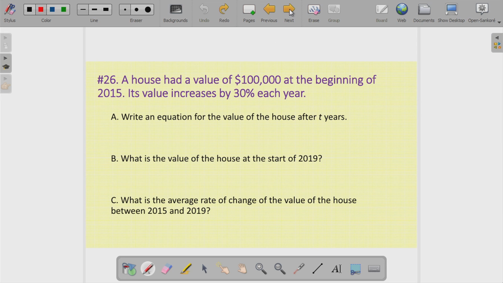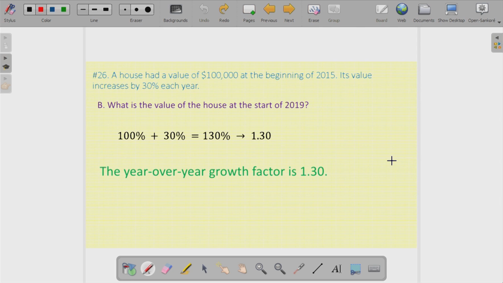So in thinking about how students might approach that, in particular, how can we capitalize on the information that we know the value increases by 30% each year? I'm just going to emphasize a conceptual way to approach this. If you take all of the value that we start with and increase that by 30%, we're now at 130% of the original value, which tells us that the year-over-year growth factor is